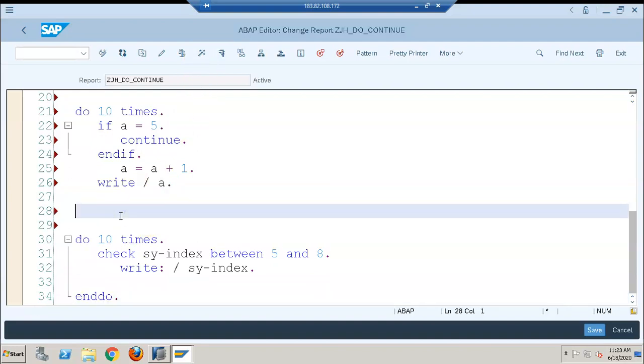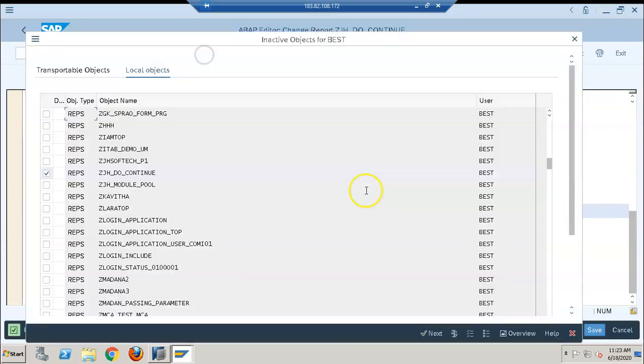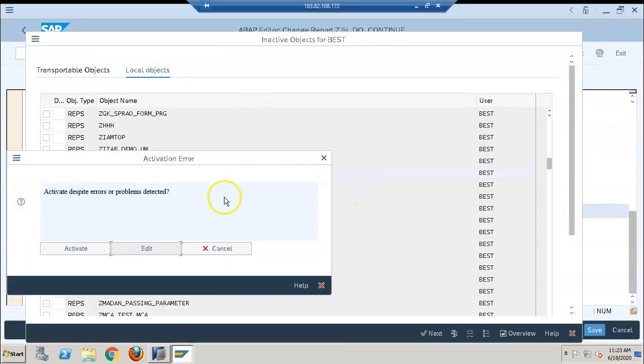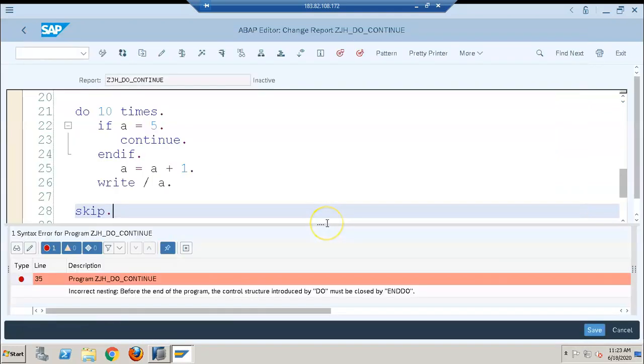Now here we have one more thing called skip. What exactly skip will do is give a space in the middle. In the output it will skip one line.